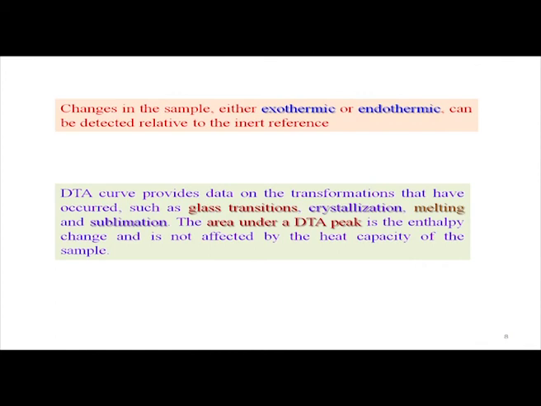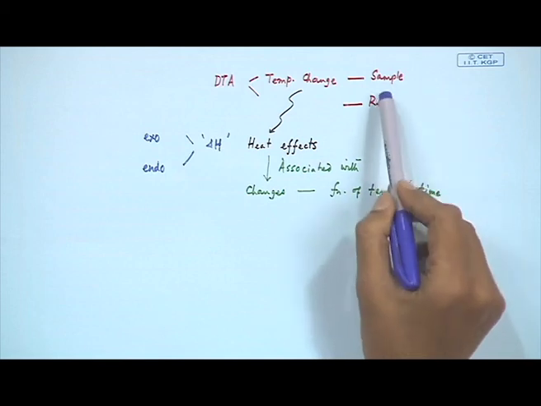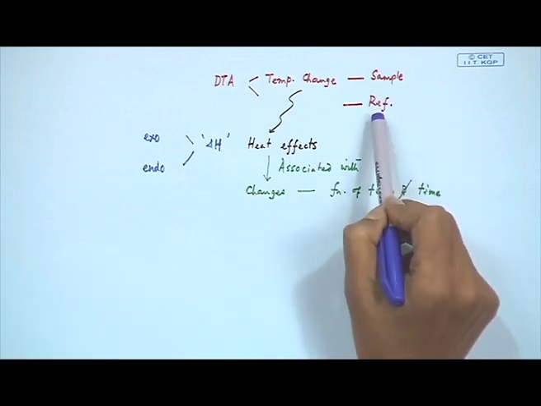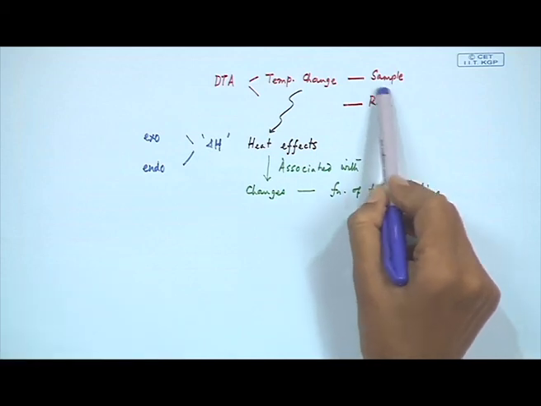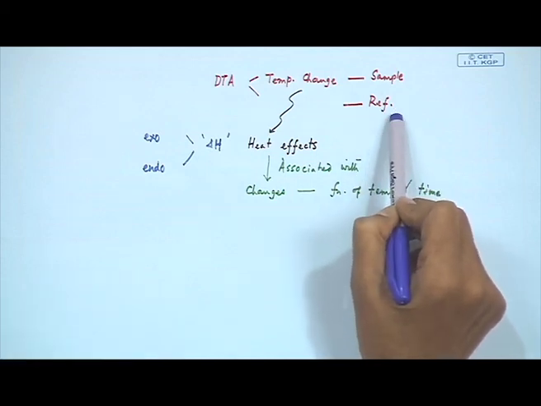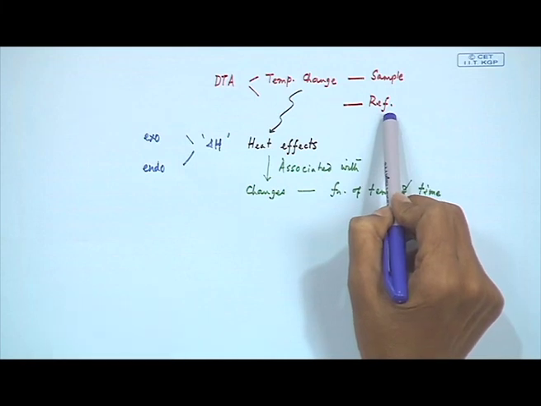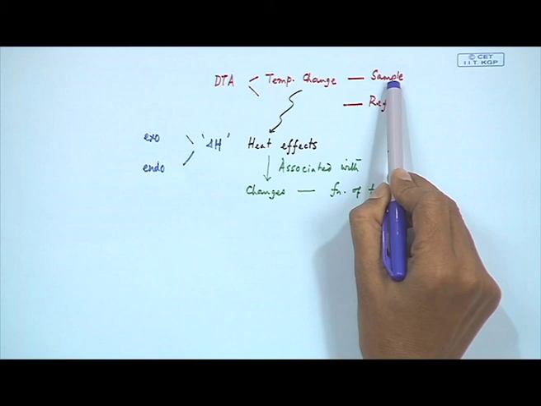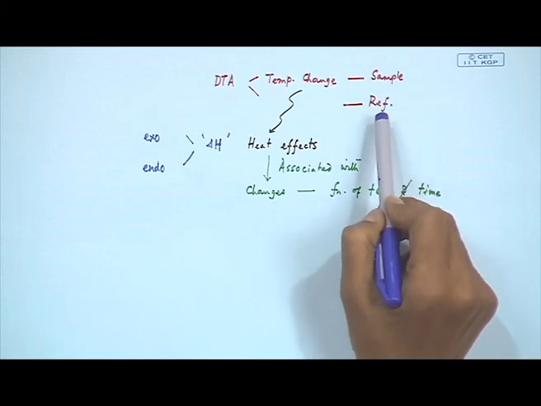And the sample temperature, now what temperature change? It is the temperature change of the sample that will be continuously compared with the reference material as the corresponding reference temperature. So, the reference temperature is being monitored against our sample temperature if we heat both of them together